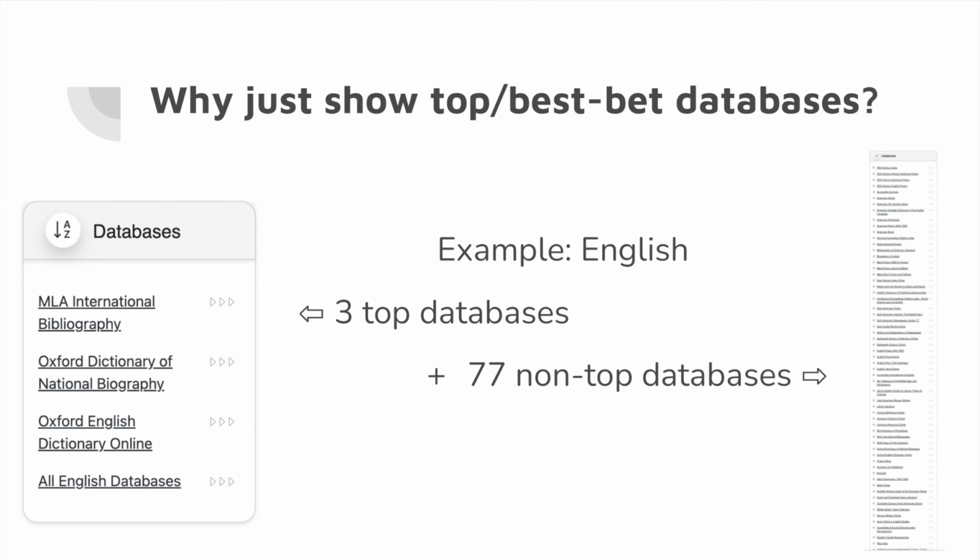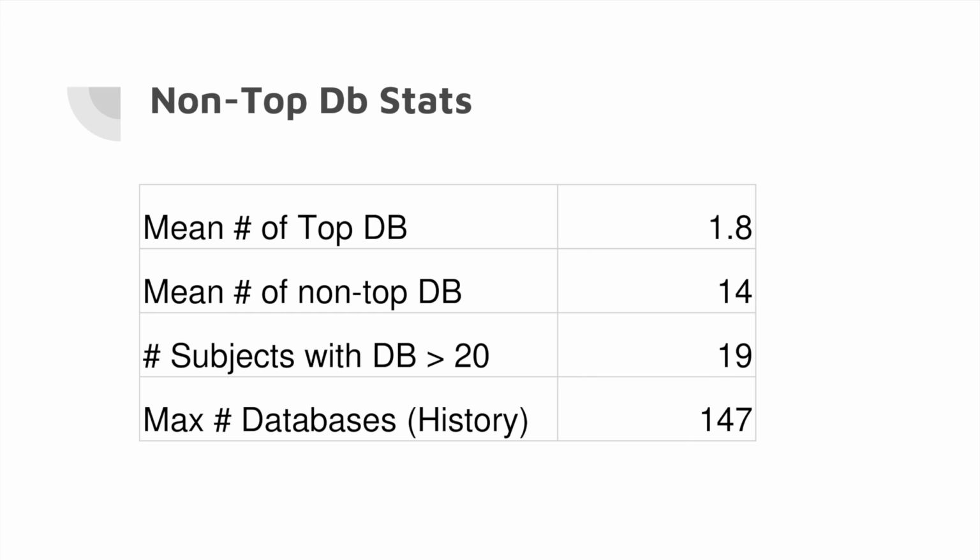When initially creating My Guide, we decided just to show the top databases because the full list of additional resources in each field is often quite long. While some subjects have only a handful of non-top databases, others list 20 to 40 non-top databases. History tops the list with 147 non-top databases. That level of inclusiveness seemed overwhelming on the basis of sheer numbers, but in light of Ione's comments, I'm rethinking